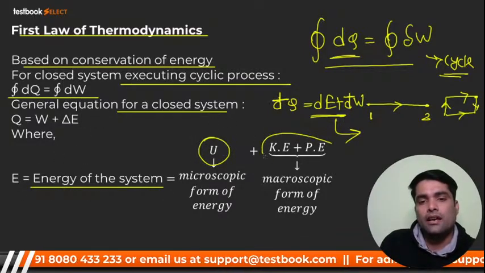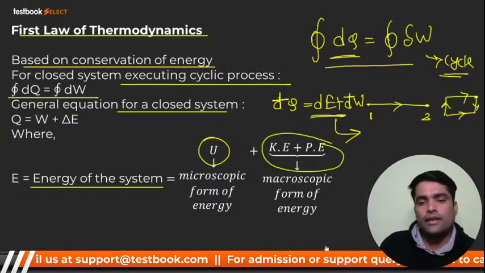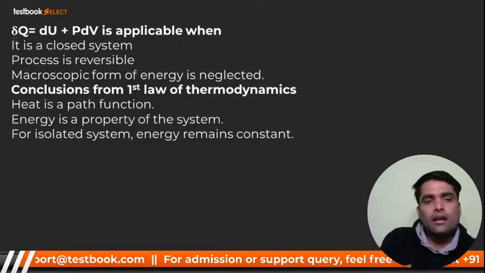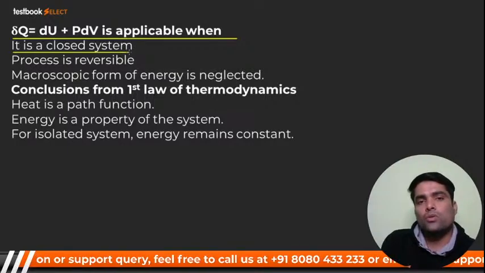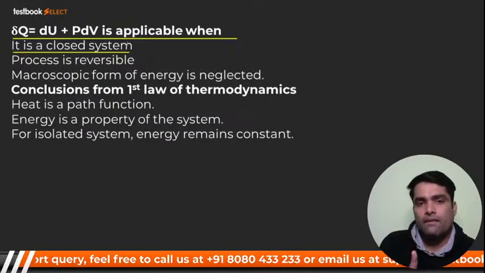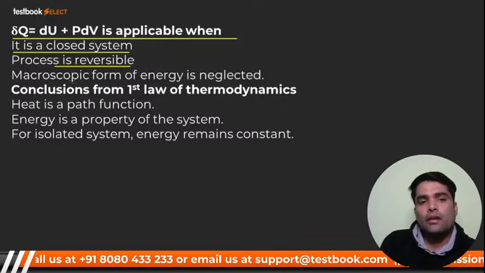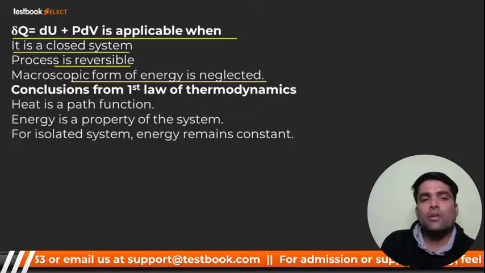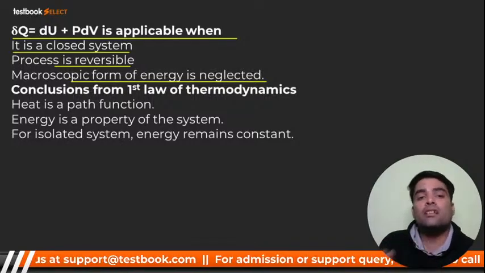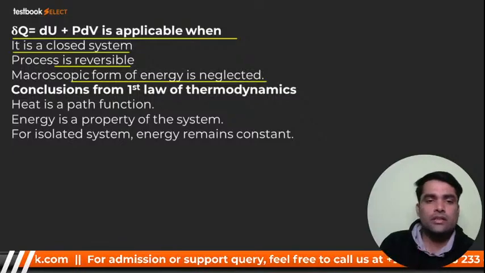अब बात क्या हुई, एनर्जी ऑफ सिस्टम। तो मैंने आपको बताया U प्लस KE प्लस PE, राइट, ये सब होती हैं चीजें, माइक्रोस्कोपिक फॉर्म ऑफ एनर्जी एंड मैक्रोस्कोपिक फॉर्म ऑफ एनर्जी। नाउ माय डियर, du प्लस pdv कब एप्लीकेबल होगा, क्लोज सिस्टम के लिए, कि सिस्टम क्लोज हो, और अदर फॉर्म ऑफ वर्क जीरो हो। प्रोसेस रिवर्सिबल हो। मैक्रोस्कोपिक फॉर्म ऑफ एनर्जी इज निग्लेक्टेड, यानी काइनेटिक एनर्जी, पोटेंशियल एनर्जी, क्लोज सिस्टम है, सो डेफिनेटली उसमें चेंजेस जीरो हो जाते हैं।